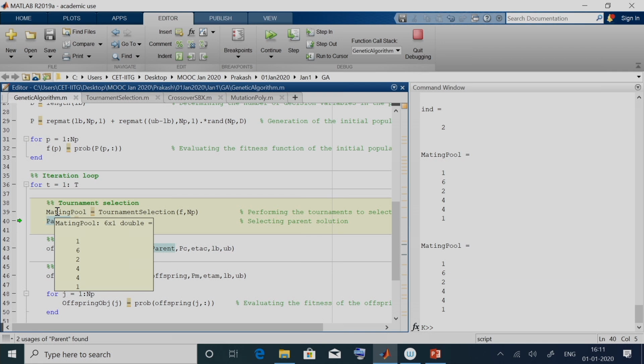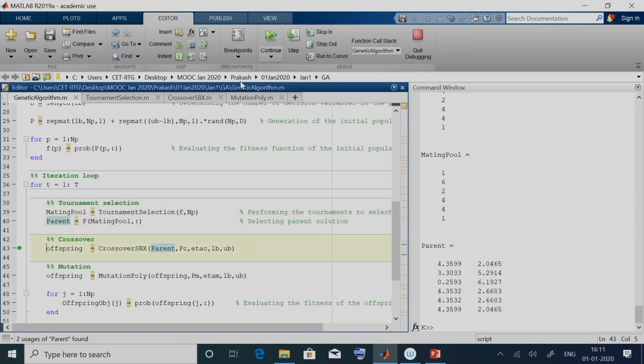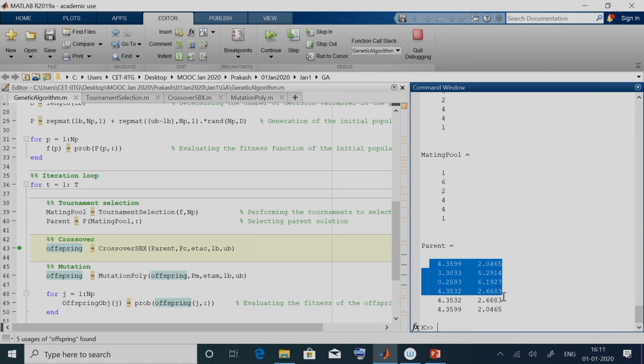Now we need to access the corresponding solutions, because for a tournament selection we need only the fitness function value, we do not require the solutions as such, whereas for crossover and mutation we require the actual solution. So now if we execute this, these are the solutions which will undergo crossover.